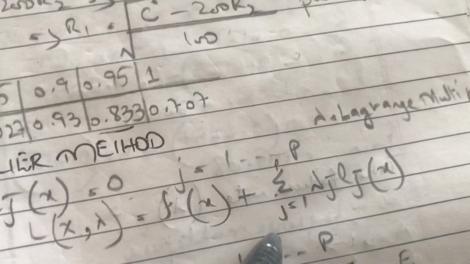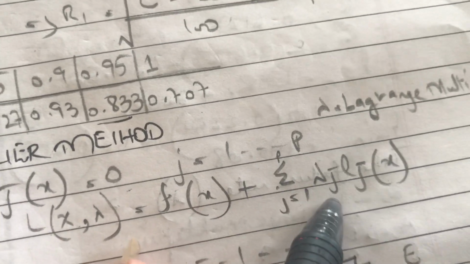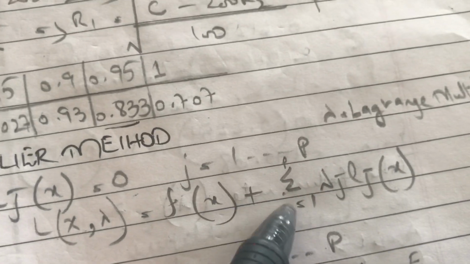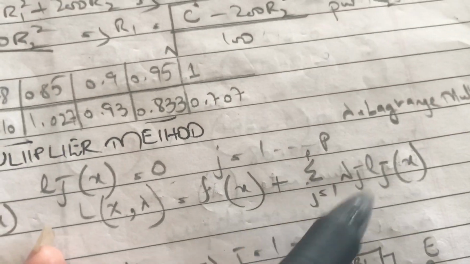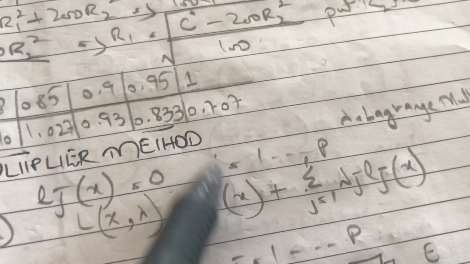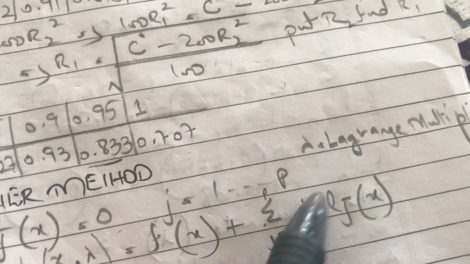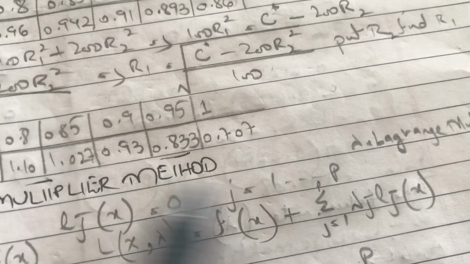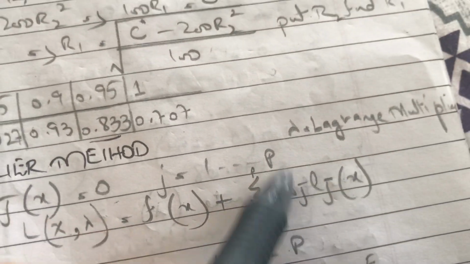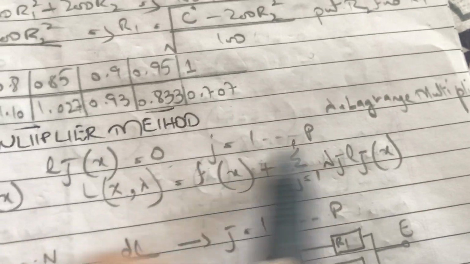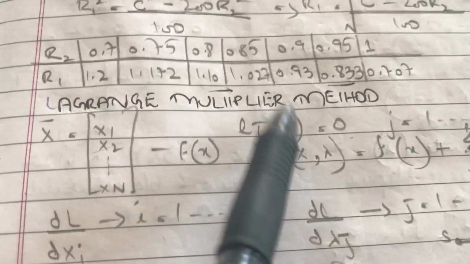So how can it be represented? It would be the sum over j going from 1 to p of lambda j times L j of x. So what is L j? It was the Lagrange function, with j going from 1 to p, a function of x, and here the Lagrange multiplier. So this is the way to write it, and let's see how we are going to find the Lagrange multiplier,